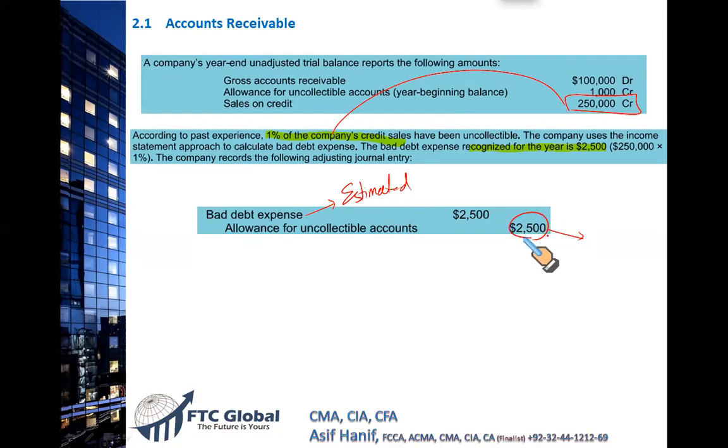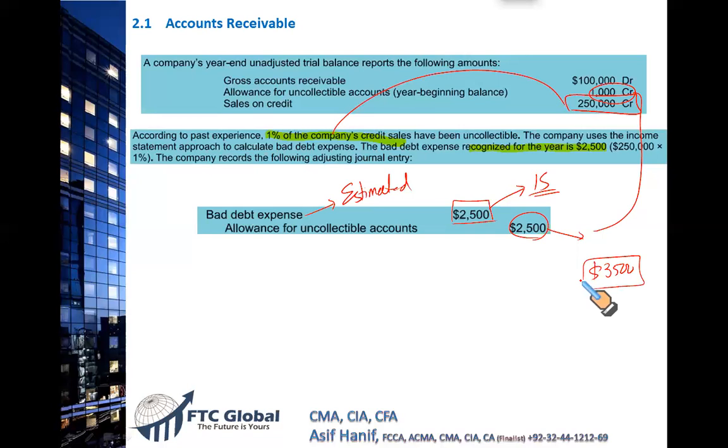This allowance, 2,500 allowance, which you are crediting, it will add to the existing balance of allowance. So the new balance in your allowance will be 2,500 credit plus 1,000 credit will be 3,500 credit, right? This 2,500 will go to the income statement as a bad debt expense. Please, it is bad debt expense, not the actual bad debt written off. Please keep that in mind. Now, this is what you charge to income statement as the expense for the period, an estimated expense, not the actual bad debt. And this amount, 3,500, where do we report it?